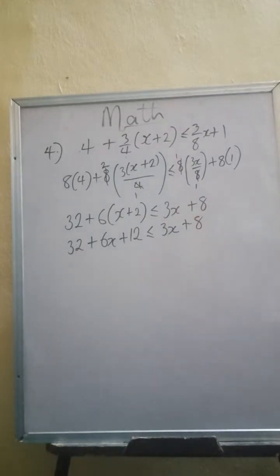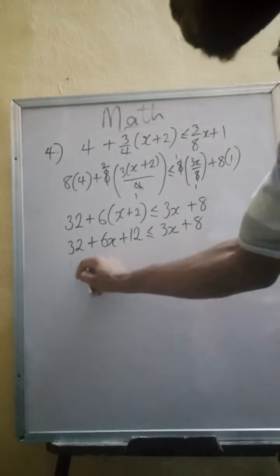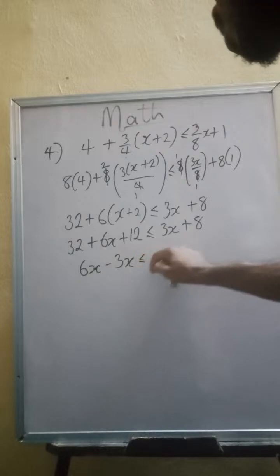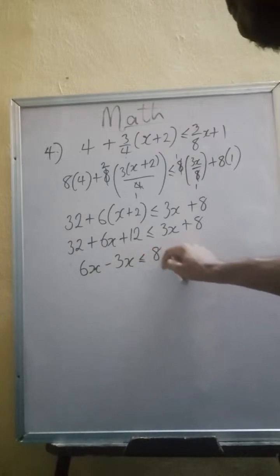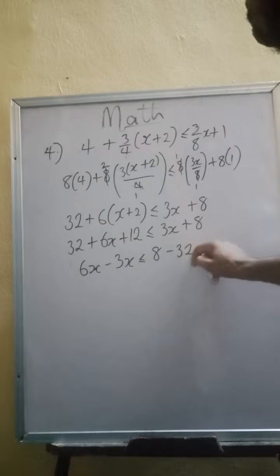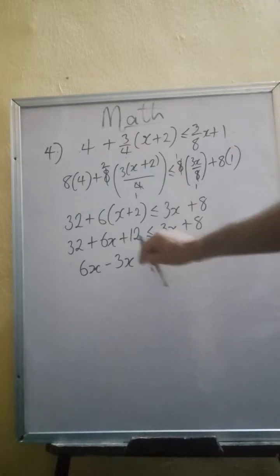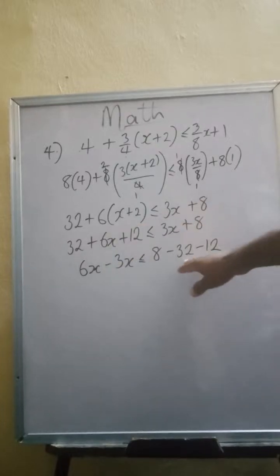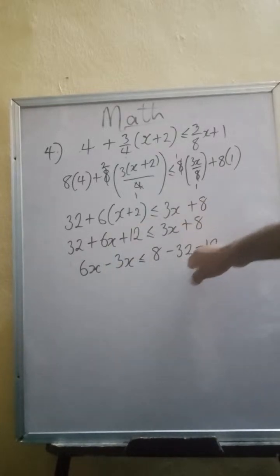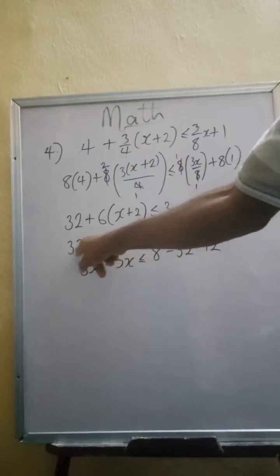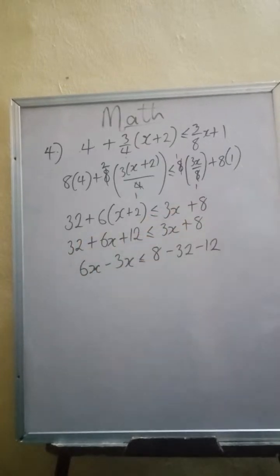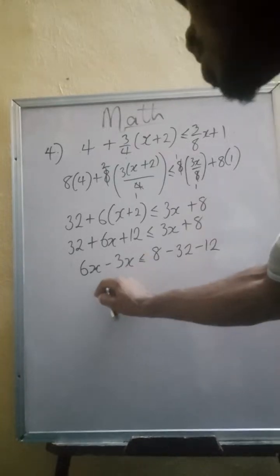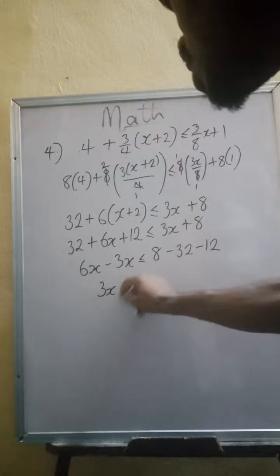You want to collect terms at this point. And that will give you 6x minus 3x is then equal to 8 minus 32 minus 12. Now I could easily sort it out on this side before taking them to the other side of the inequality. And that will give us 32 plus 12, which is 44. But still in line with what we have here. So this is 3x is less than or equal to